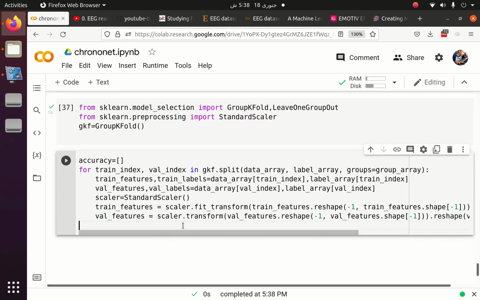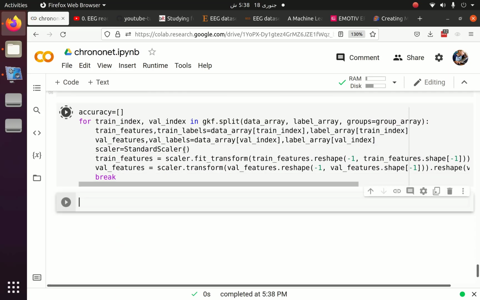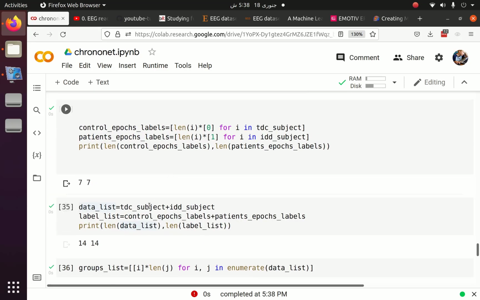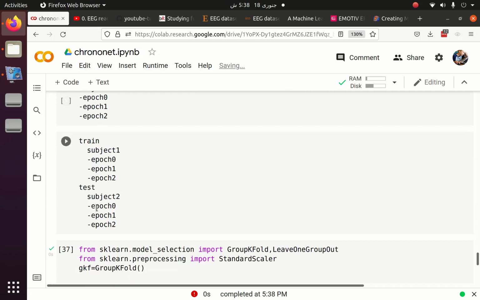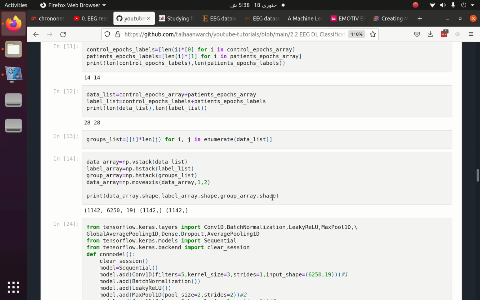Okay, as I haven't defined the model yet, let me put a break here, and the data array is, let me run this. Okay, the data array is not defined because we have to copy this thing from here.